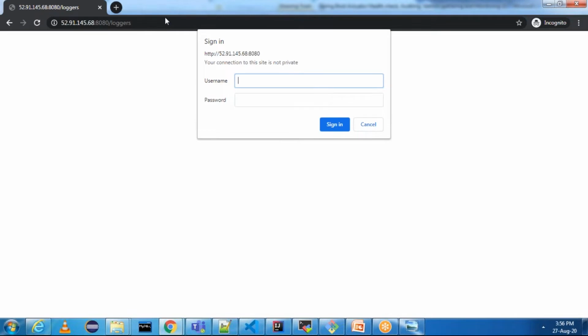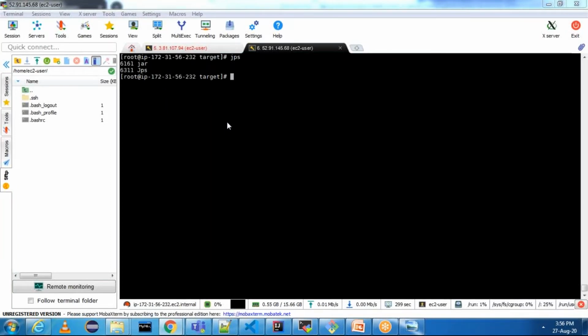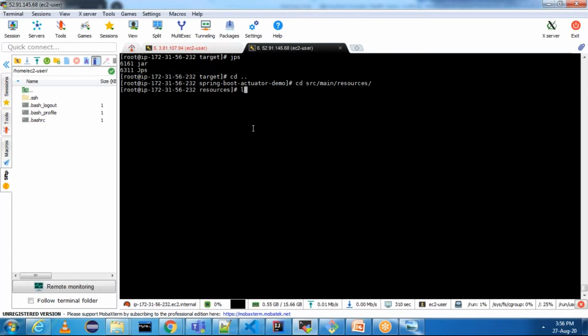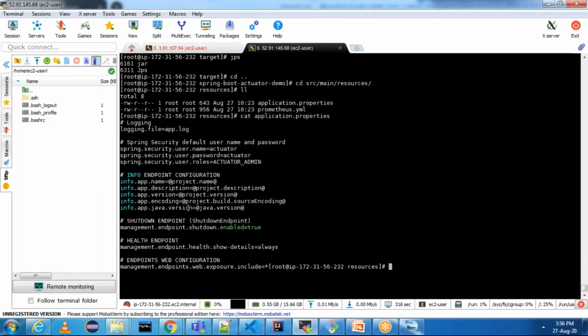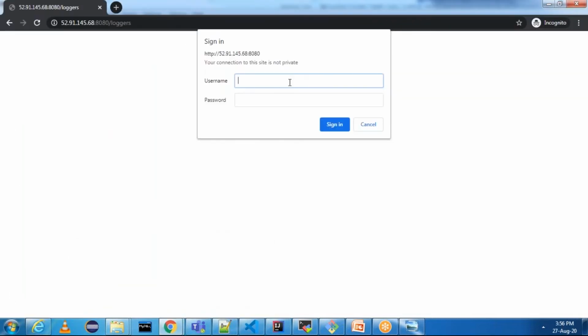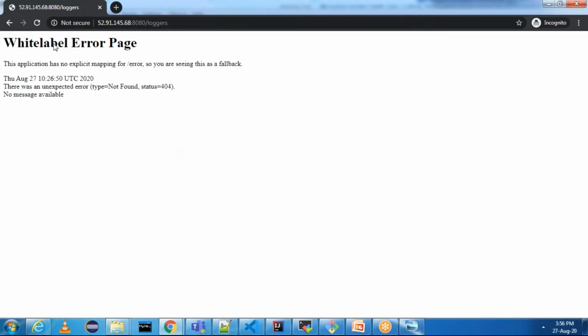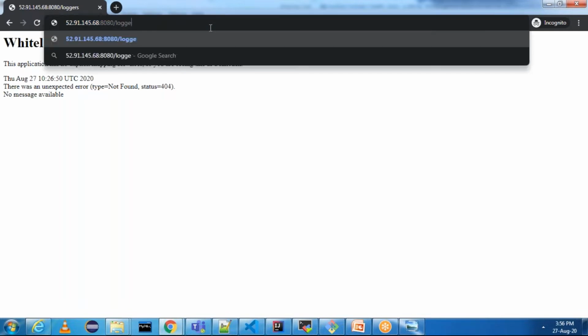What we can quickly do is, let me open the src main resources and we will see what username we kept for these things. cd src main resources. In resources, we have application.properties. In application.properties, we have given the actuator username and password. I need to give this username and password. Now provide the username and password, then you will be able to see this. Actuator is the username, actuator is the password. Now you can give the health endpoint.